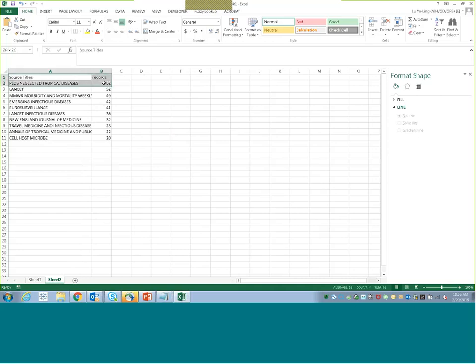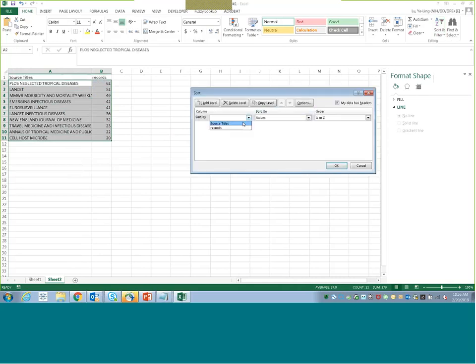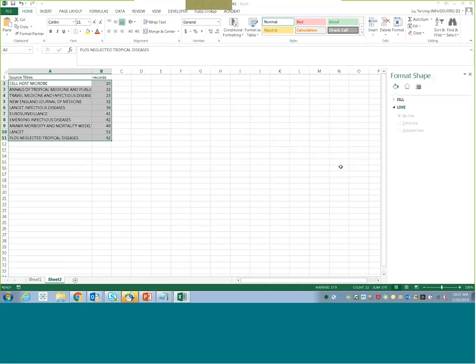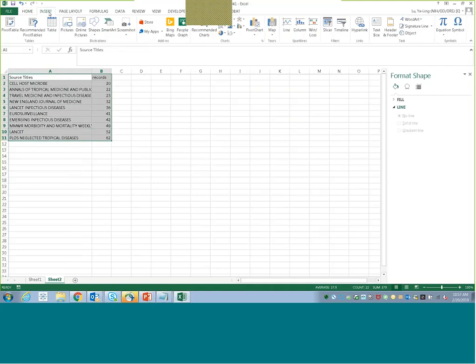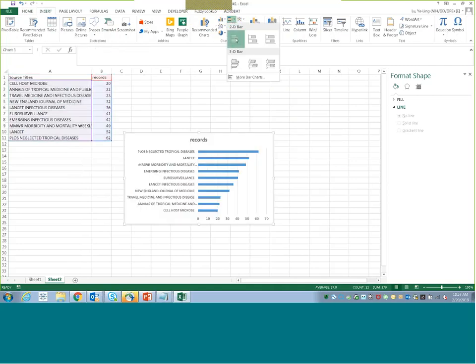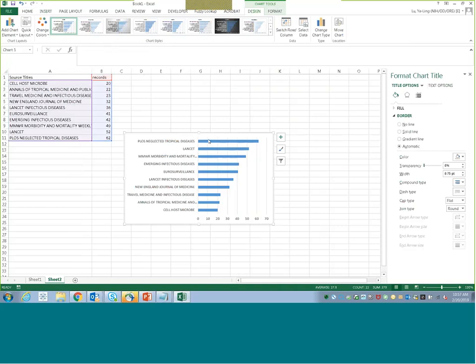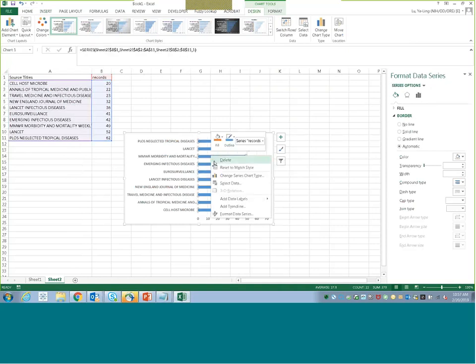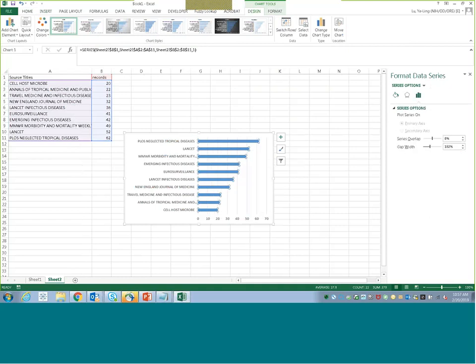So what you want to do is sort them again from the smallest to the largest number of records, okay? And then you can insert and then do that. Okay, we don't need this one here. And you want to make the bar a little bit fatter, okay? So again, change it to a different number, maybe 50. I usually use 50. Okay, so here you can see that we have something very similar to what we present